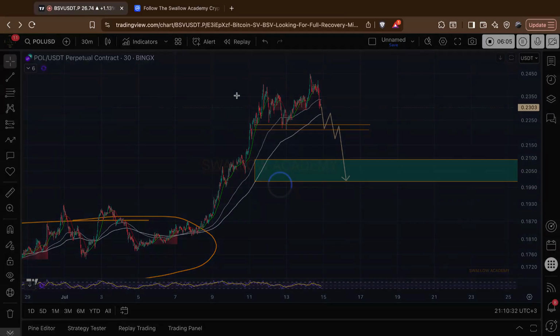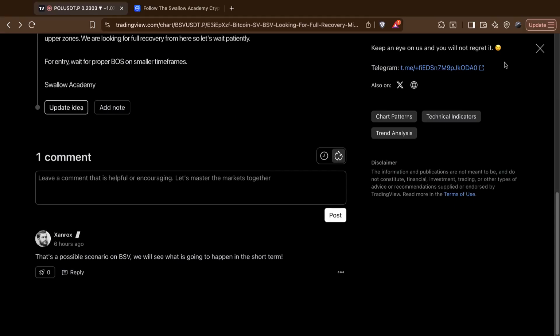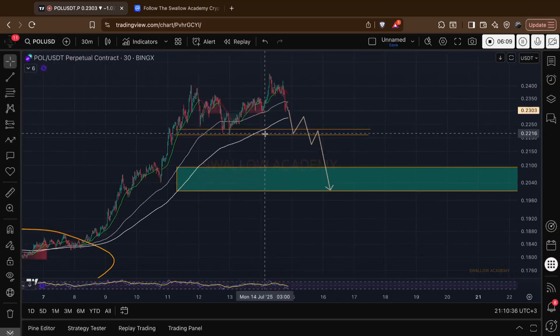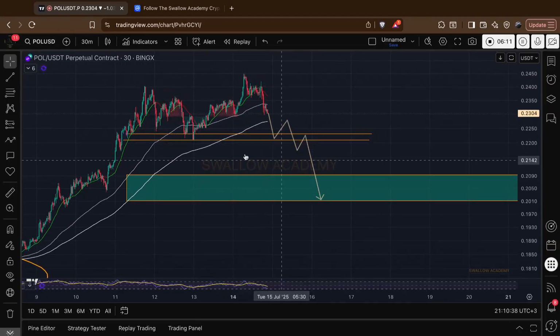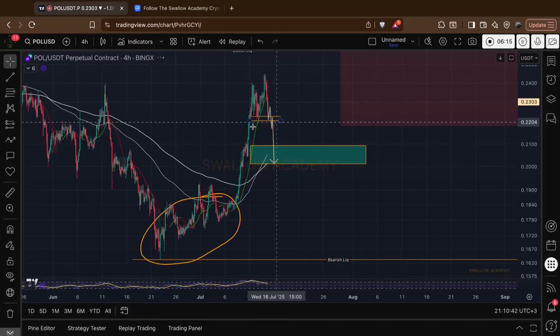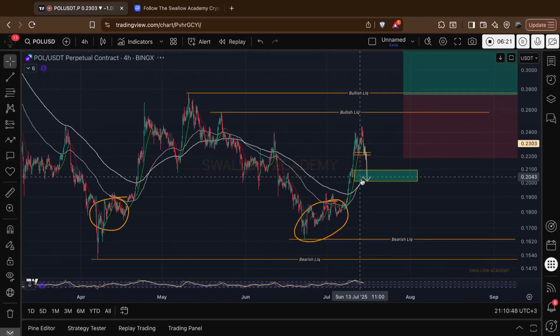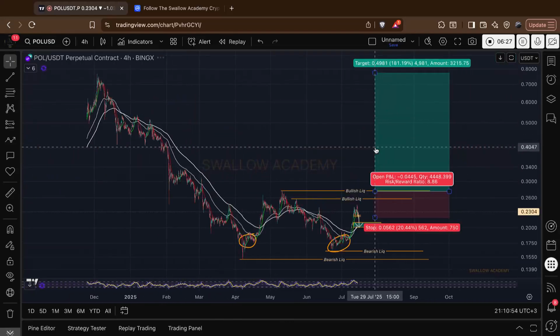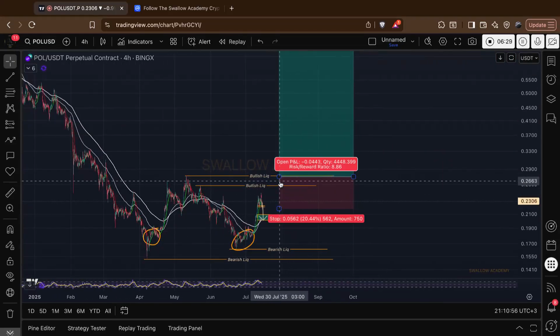Now, there is nothing much more to talk about, I think. So let's wait and see if we have a proper breakdown from this MSB area, so market structure break. Once we see it, we are going to go for a retest here, which would reset the price. Or if we see further movement to the upper zones, then of course this break area would be our